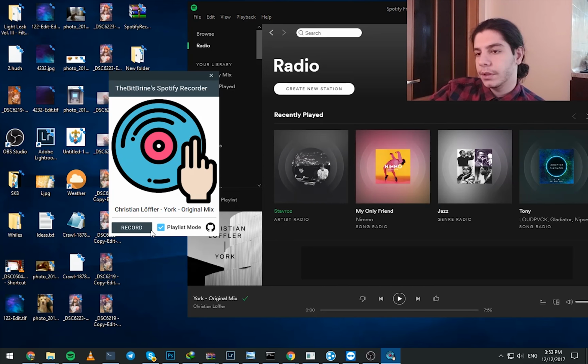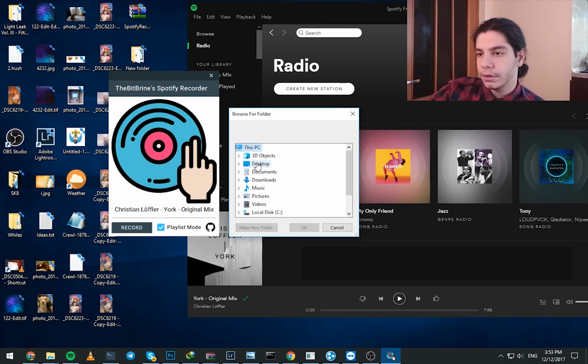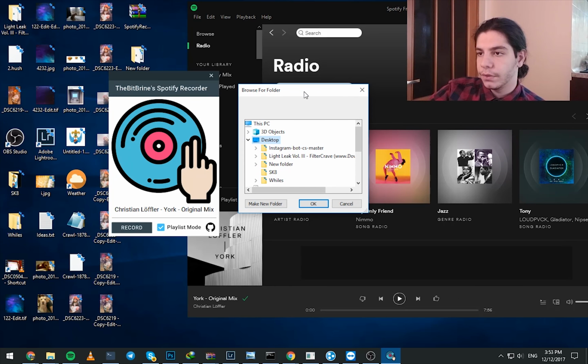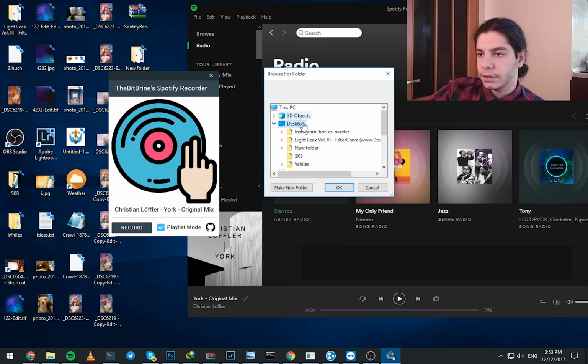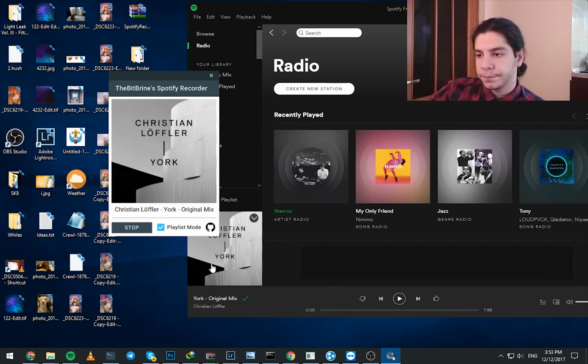Now here we want the playlist mode, you want the record. Select desktop. It will ask you for a folder which saves the recorded songs there, and hit OK. And as you can see, it automatically, you know,